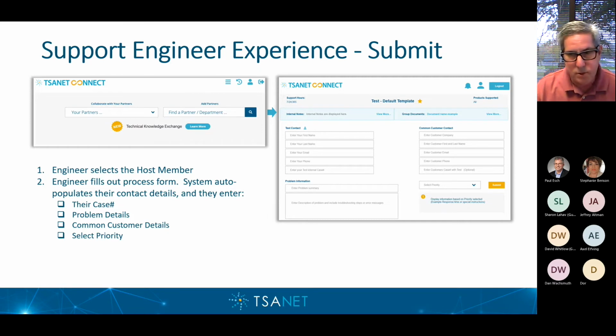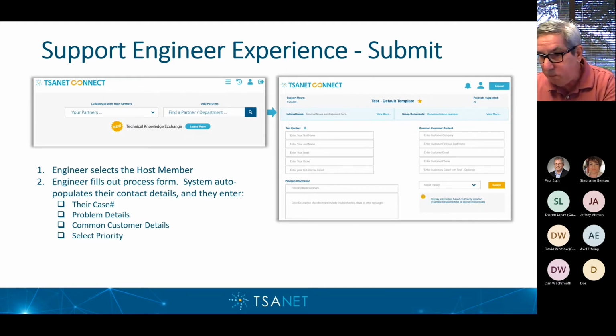Almost all of these relationships, and this can vary a little bit, but for the most part, do require that there be a mutual customer between you and the host company. So the customer contact information is going to be required. You're also going to see in some cases that we've created custom fields for some of these host companies. They may require a serial number or an account number or something like that. But basically what's happening here is they are validating the fact that it is a mutual customer between the two of you.